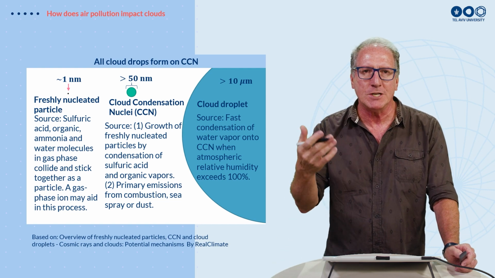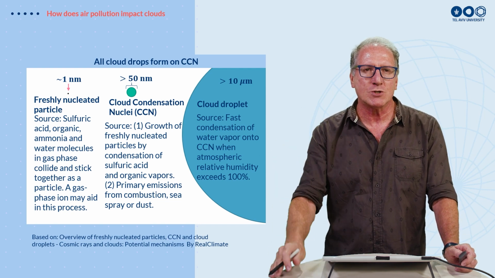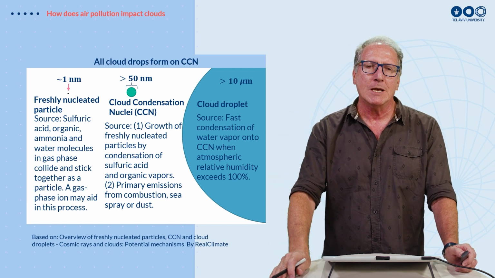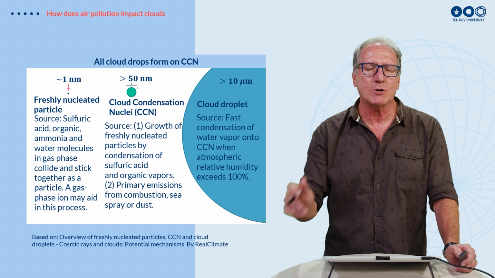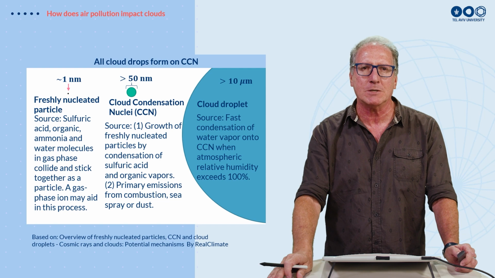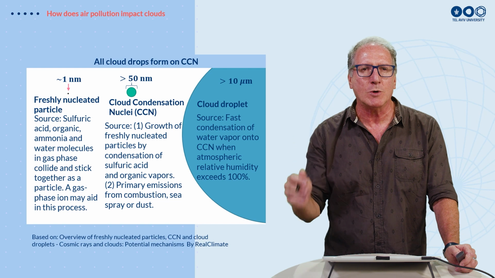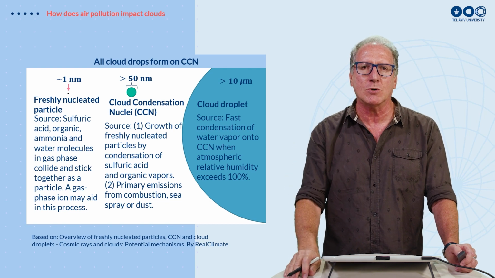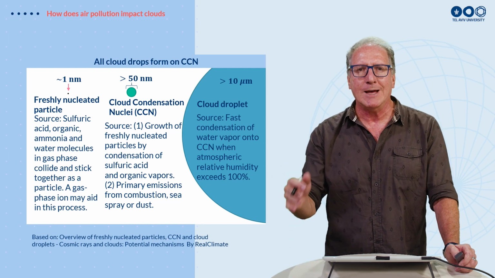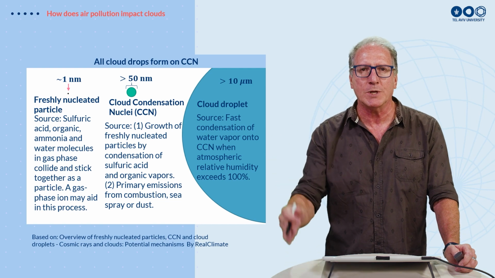These start as freshly nucleated particles, which may be a nanometer in size, which come from various sources, both the oceans, organic, ammonia, also pollution from humans. Sometimes gas-particle conversion, chemistry reactions in the atmosphere form these very tiny nanometer particles, which can grow into more than 50 nanometers into what we call CCN, cloud condensation nuclei. Again, there are many natural sources, but also man-made sources of these. And eventually, when we also have saturation in the atmosphere, we'll grow droplets, which will get to more than 10